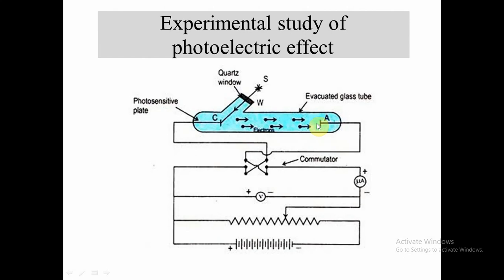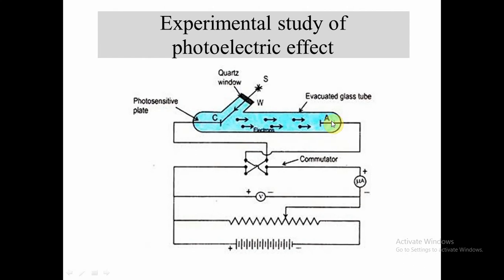It is so because photoelectrons emitted from C are repelled and only energetic electrons are reaching the plate A. Increase the negative potential of the plate A. Gradually, we will note that the photoelectric current decreases rapidly and becomes zero at a certain value of negative potential V0 on the plate A. At this stage, even the fastest electron cannot reach the plate A, and that can be observed through the graph